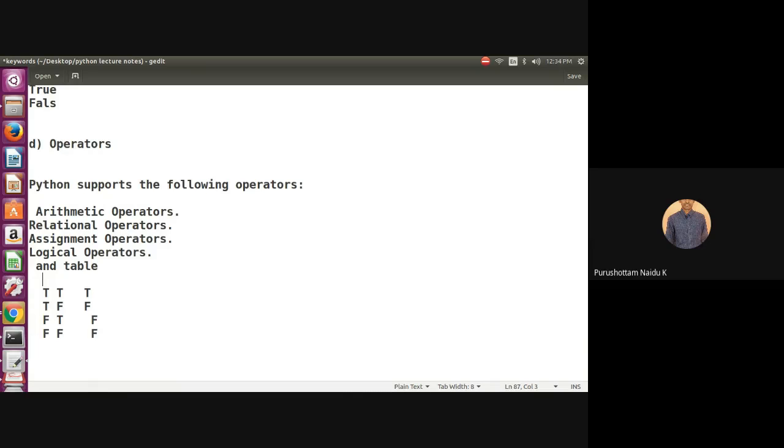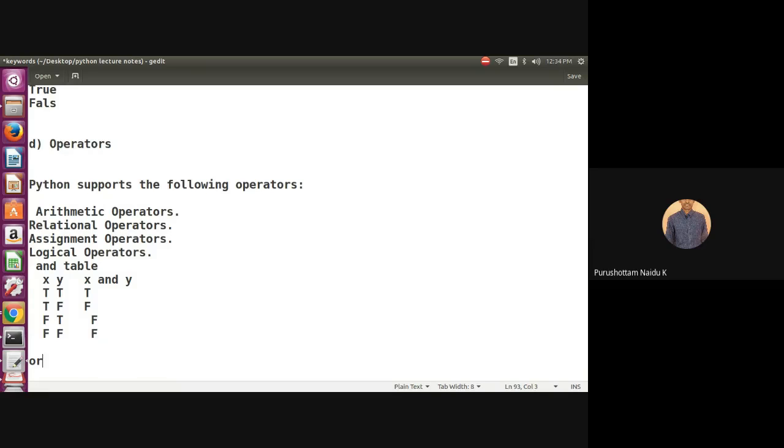For example, this is some expression x, this is some expression y, and the result is x and with y. If both x and y are true, then only the output is true. The remaining cases are false. That is the AND table.